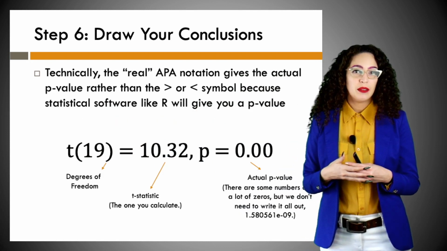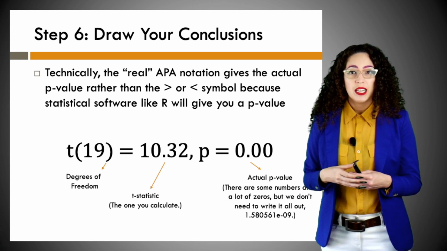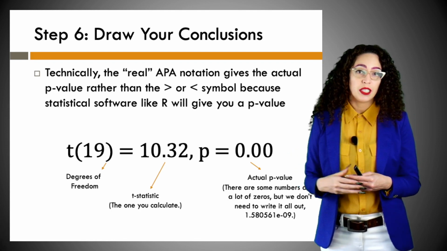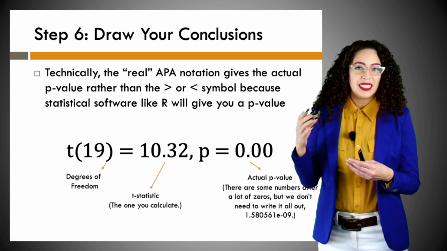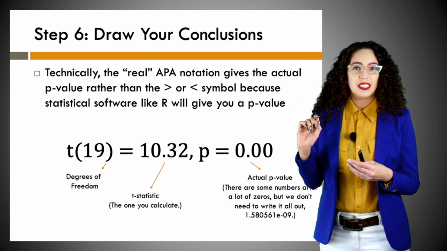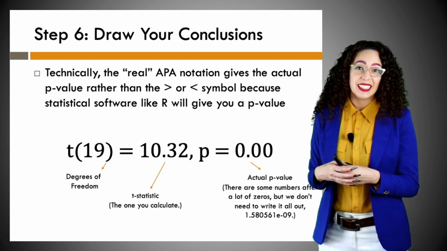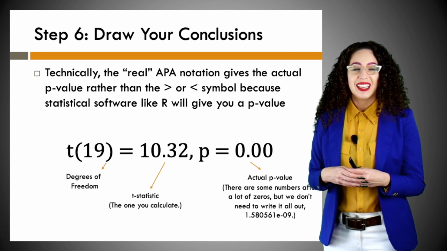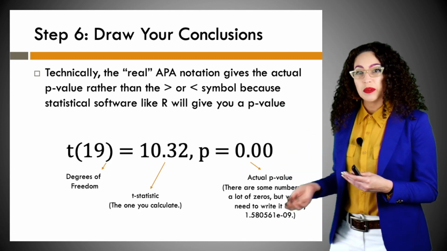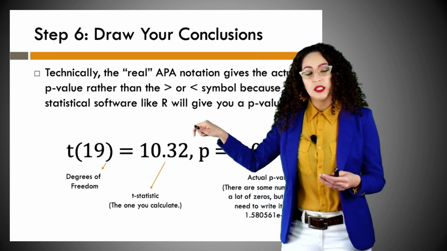Technically, real APA notation gives the actual p-value rather than just the greater than or less than symbol, because statistical software like R will give you the p-value. The only reason that we still do this greater than, less than, and looking up critical values is for teaching purposes and for stats classes like this, because that's not what we would do if we were analyzing some real data. Rather, it would look something like this, where we would have t(19) equals 10.32, so that's all the same,